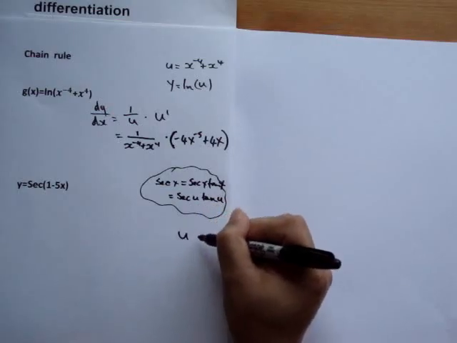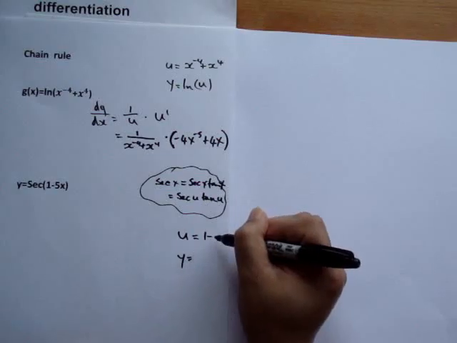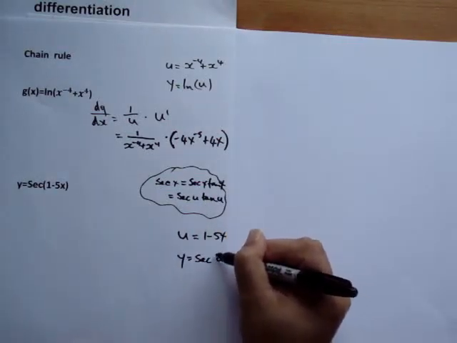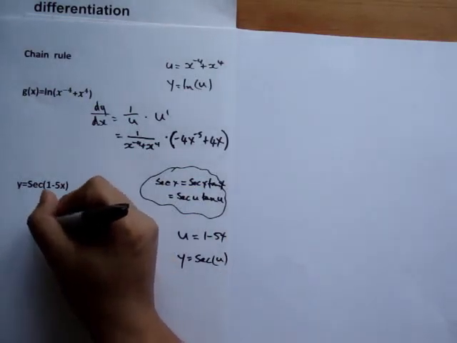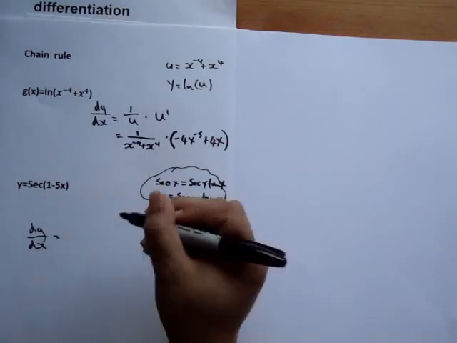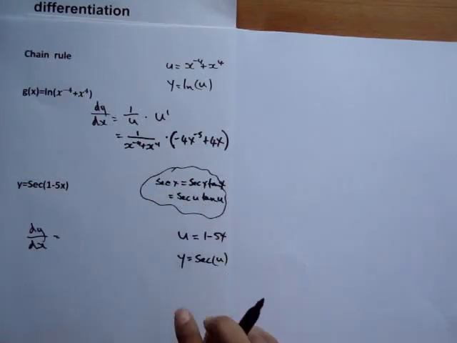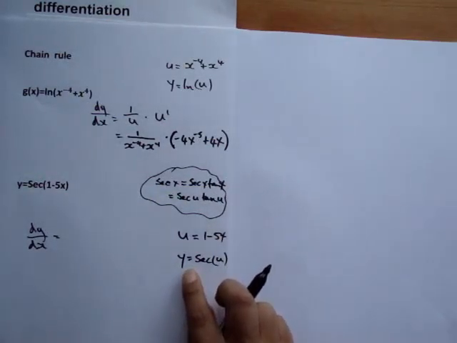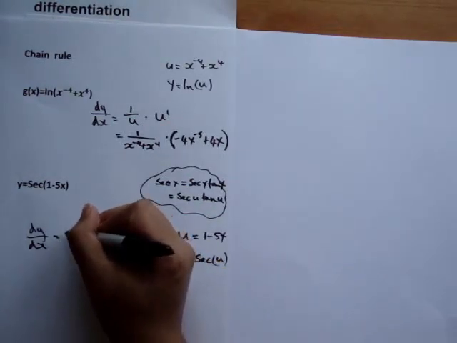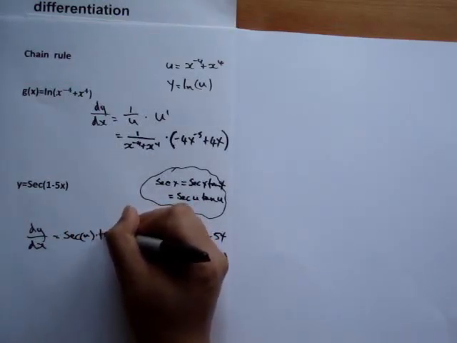So let's do our little u equals and y equals. So u equals whatever's in the brackets, 1 minus 5x. y equals sec u. dy by dx equals, so we want the dy by du, so differentiating here we get sec u tan u